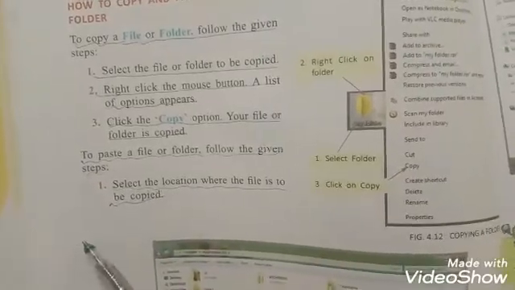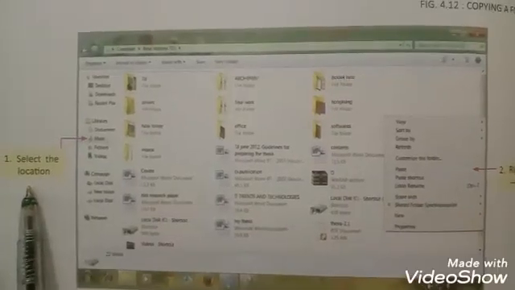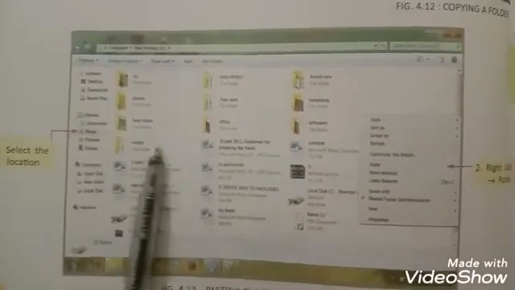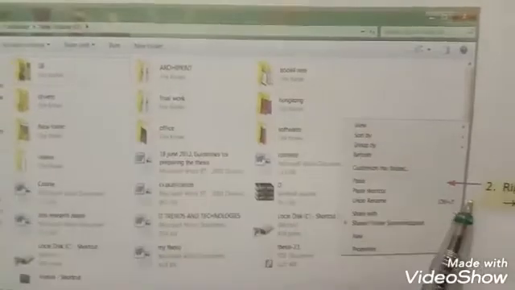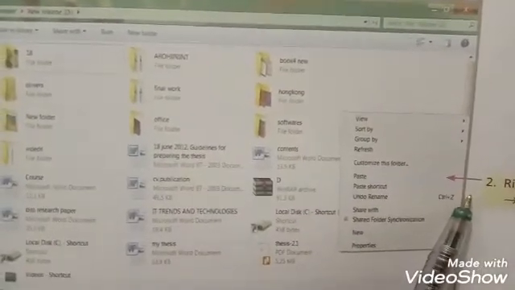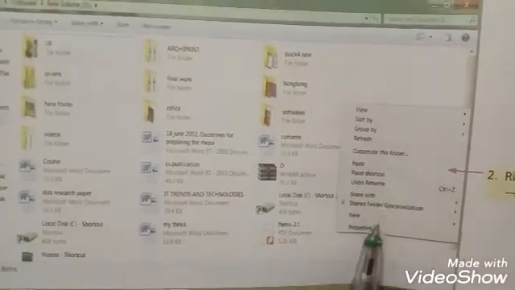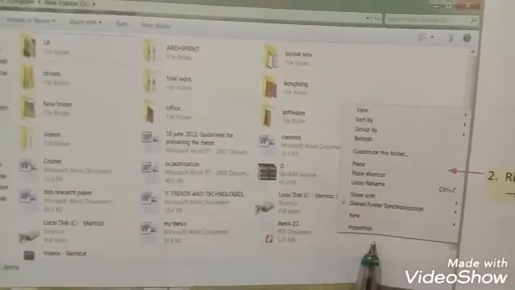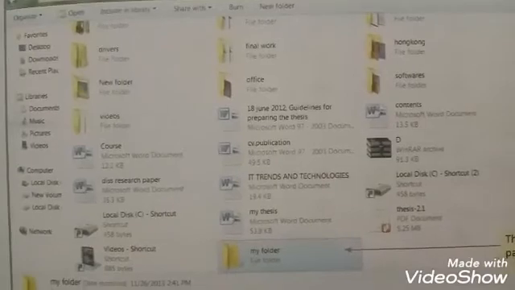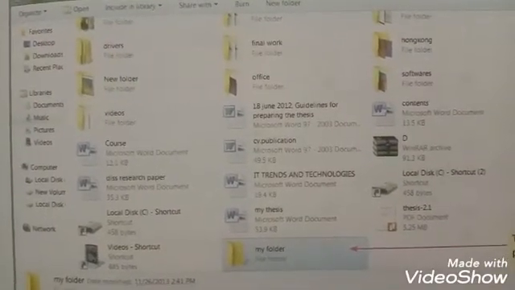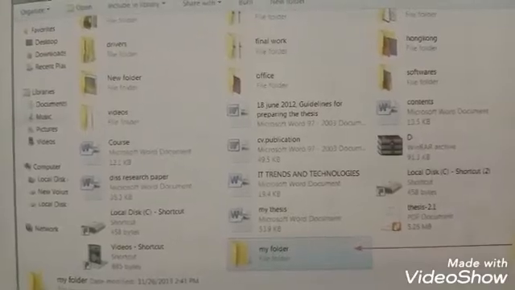After this, select the location and right click by the mouse. Menu appears. Click paste option. The selected file is copied to a new location.